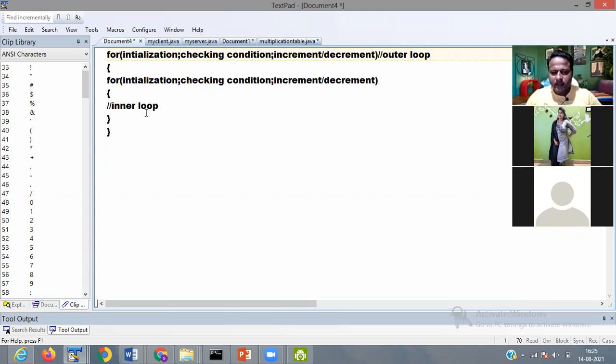So how is it working? This is a nested for loop.